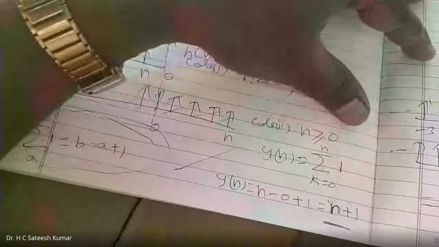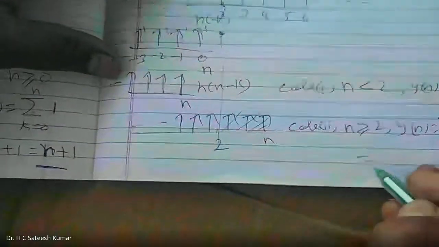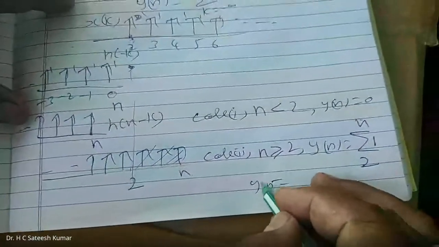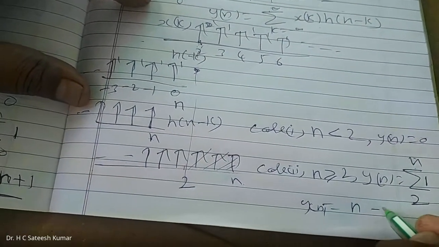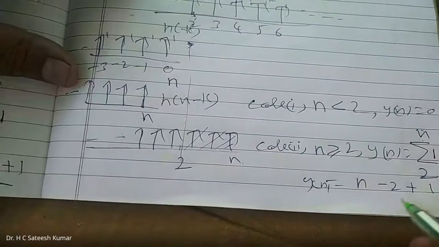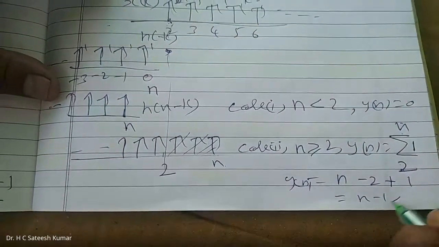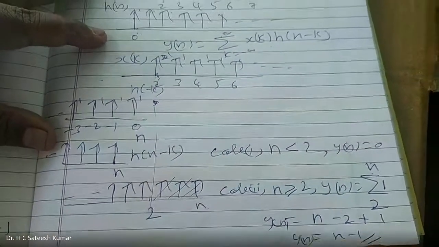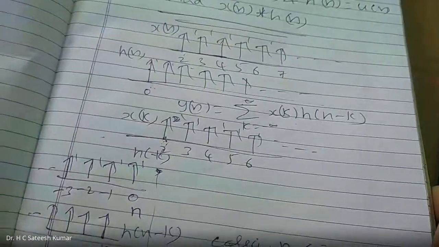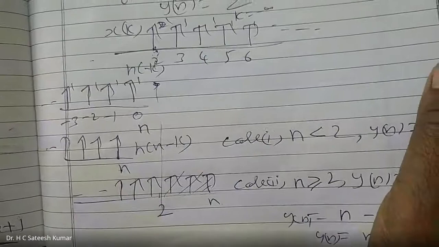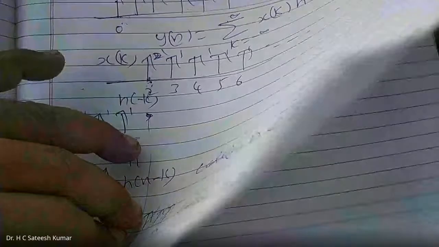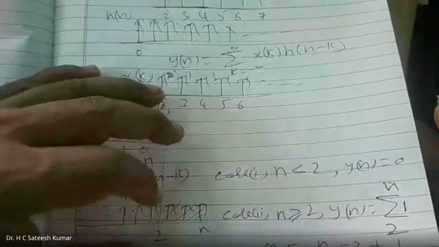So here, y of n is equal to the sum from 2 to n, which is n minus 2 plus 1, that is nothing but equal to n minus 1. That's how we should do it. That's it, only two cases. Whenever the problems have two cases, the marks will be reduced to 5. Generally, the majority of papers, if they ask for two cases, will ask for 5 marks, right? Now we can go for summarizing the answer.